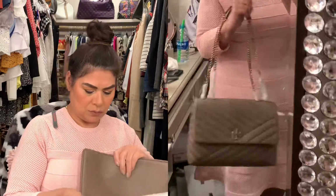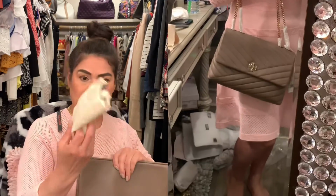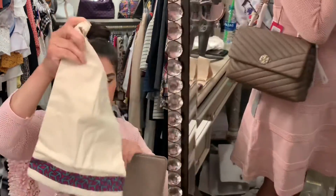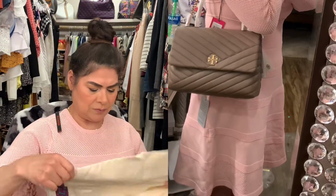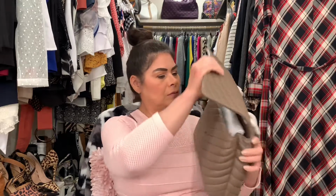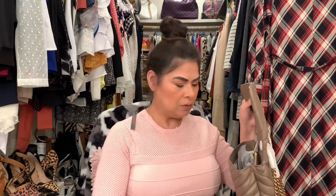Take this out. It comes with a dust bag. Seems kind of small for, well, no, I guess it's not. So the shoes also came with a dust bag as well, and you'll see that when I include the unboxing of the shoes. I think all of that is just,